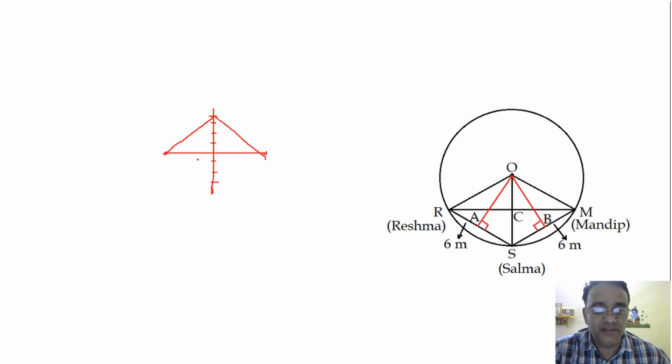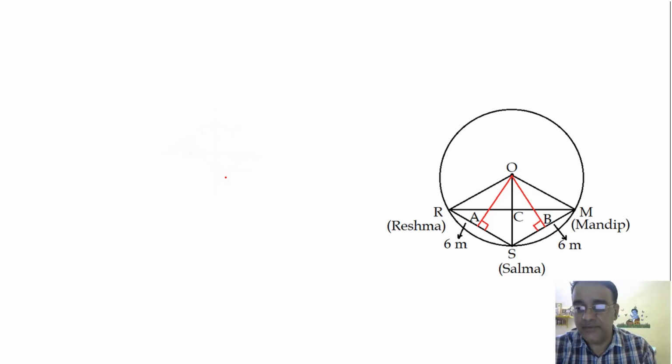You take any point, कहीं पर भी point लो, this will be equidistant. ये तो सब equal रहेगा. And converse is also true. अगर उस line में कोई भी point equidistant है, that line is perpendicular bisector. So यहाँ पे see OR is equals to OM, and so therefore OS we can write is a perpendicular bisector of RM. Whether this is clear?